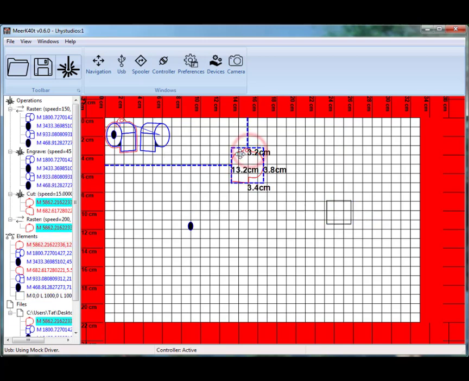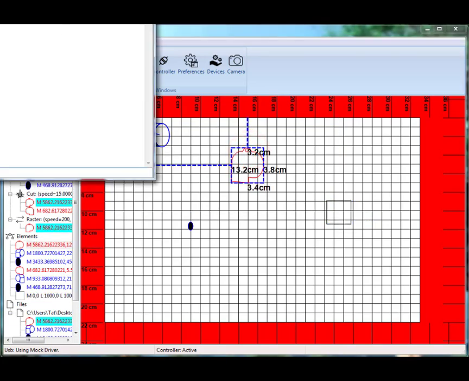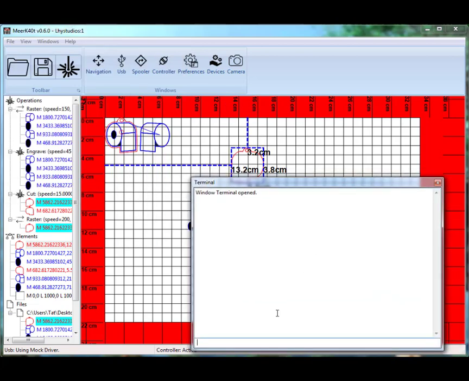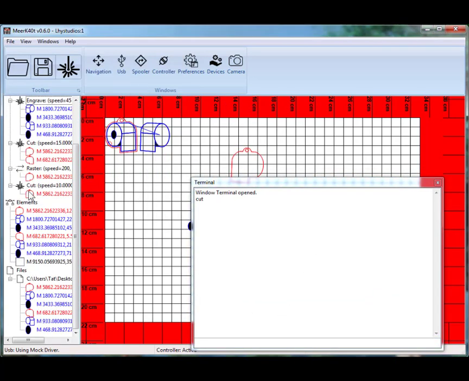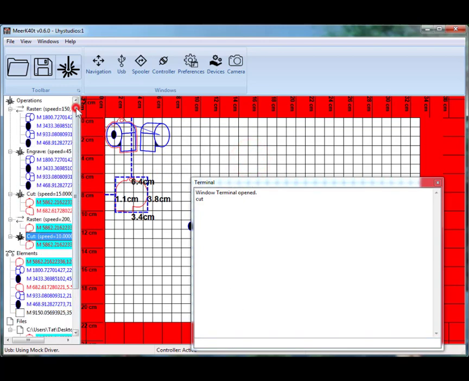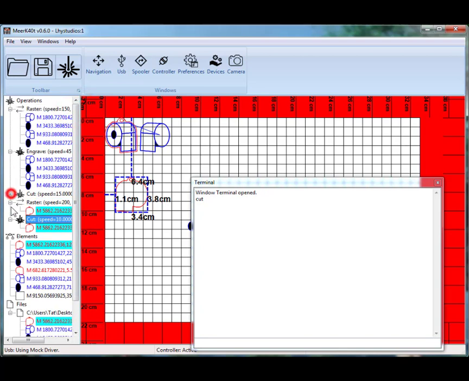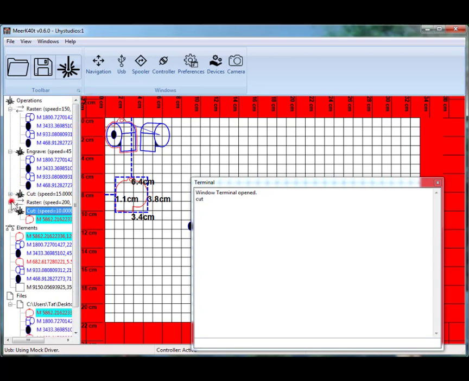You can also select them, and in F12, you can say cut, and then it'll make this into a cut command because it's the one that's selected. And so it creates another cut job, and you can create jobs like that. Really, it's intended for the modifications in 0.6.1, but